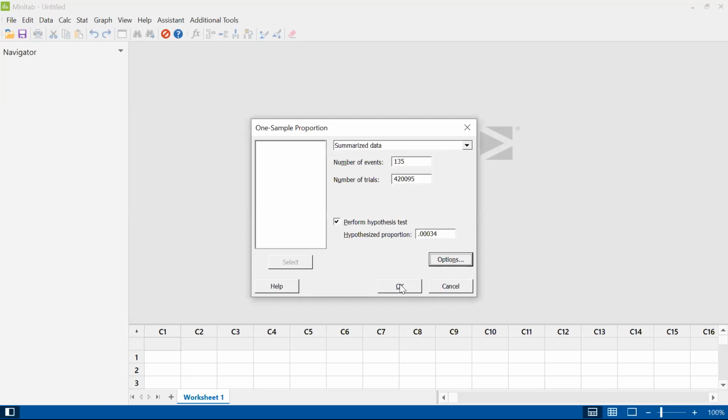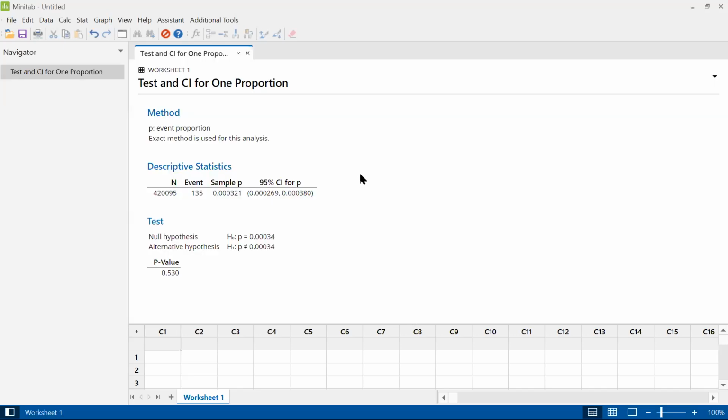That's our default, and it seems reasonable to just keep going with the default and say, well, my null hypothesis is that there's no difference for cell phone users, and the alternative hypothesis is that there's a difference, and then we could look at the actual proportion that happened to see if it's bigger or smaller. So we'll hit OK. This is our 95% confidence interval,